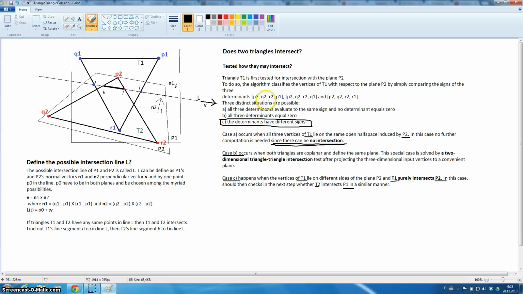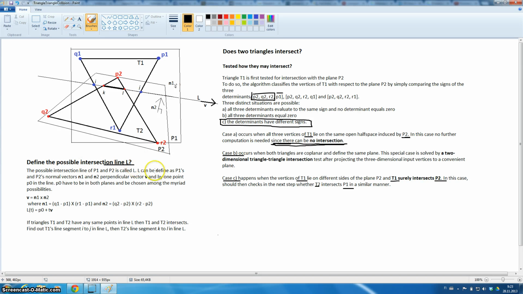So then we just change those triangle coordinates and the plane coordinates. And then when we have found out that they intersect,